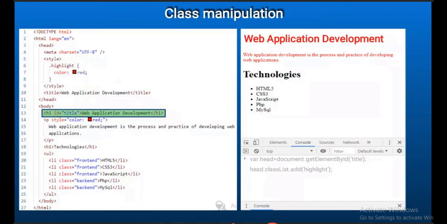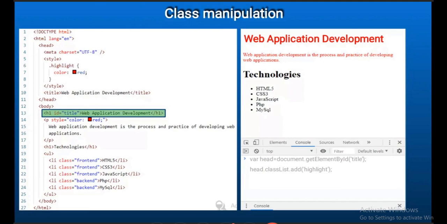Here in the code, you can observe that for dot highlight, I just gave the color red. You can change many options like font family, background color, border, any attribute, and those apply as part of that particular element.